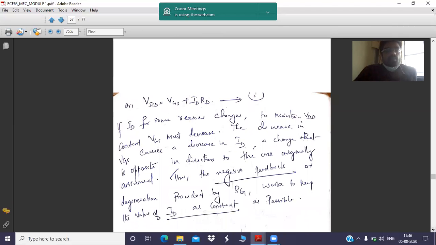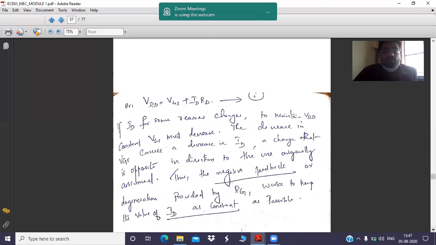What is the objective of a biasing circuit? Which circuit will you prefer? The one which offers better Q point stability, isn't it? The circuit which offers better Q point or operating point stability is what we will apply in all the high-end applications. So here we have to find whether this particular circuit is meeting our expectations.